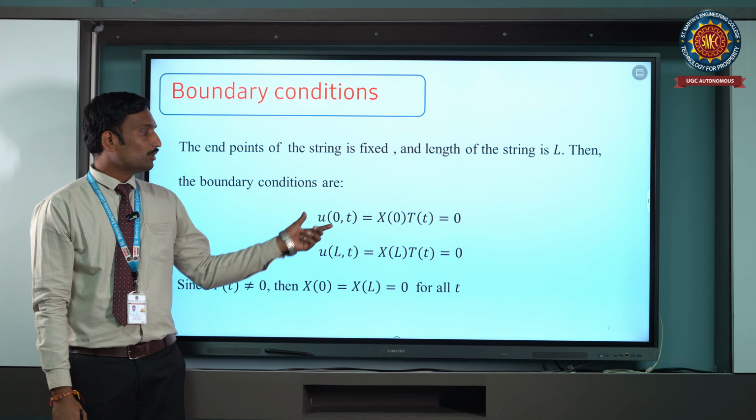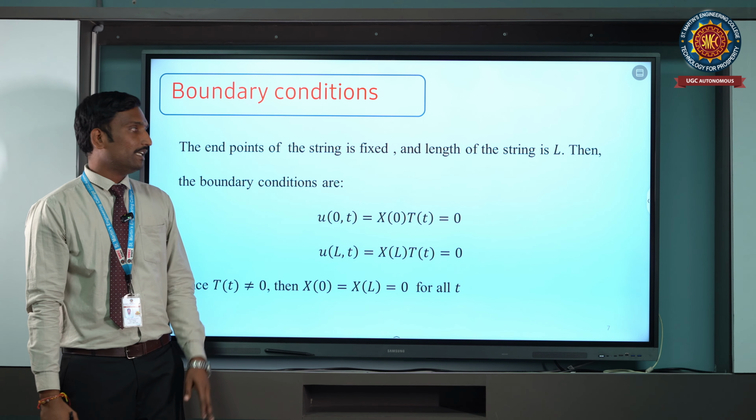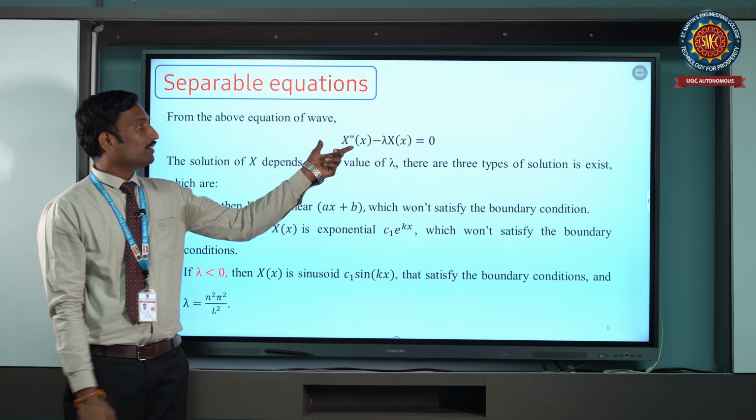By using these two conditions in the earlier obtained things,